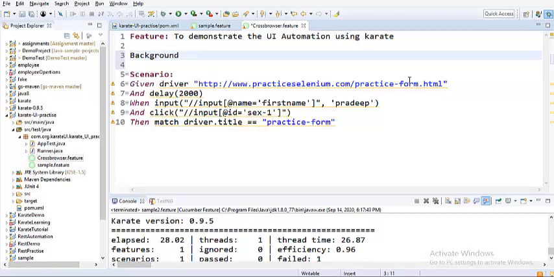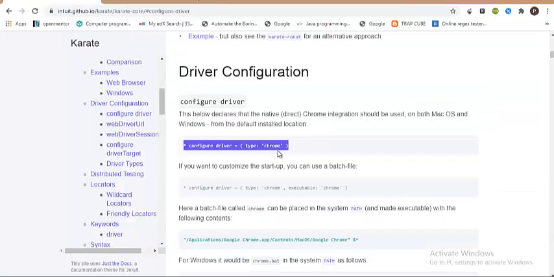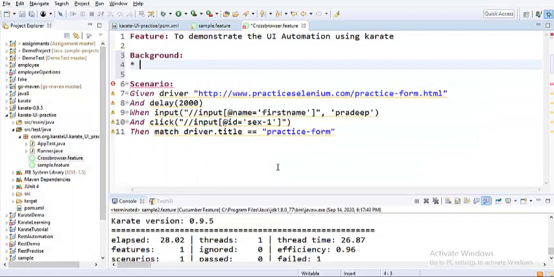So let me write Background, and let me add the configuration part. Configure driver equals to, and type colon Chrome.